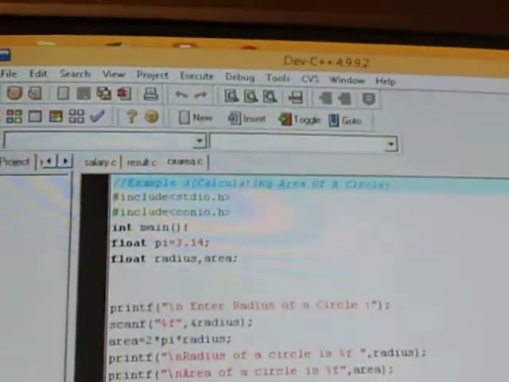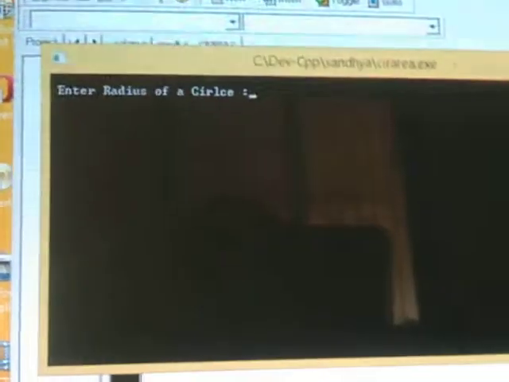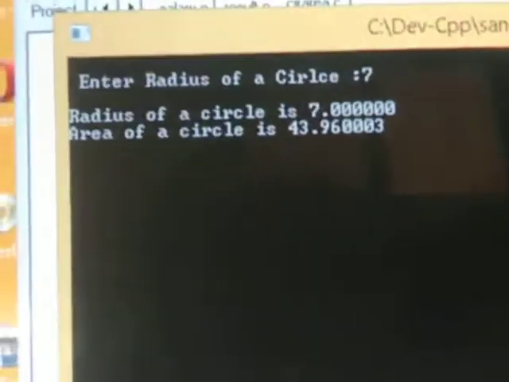Here you have to use Ctrl plus F10 to execute the program. If it is compiled properly, it will execute. Suppose I specify the radius as 7, it will print the result over here.